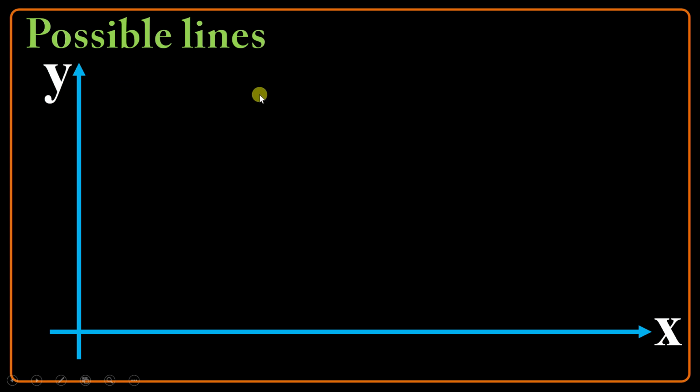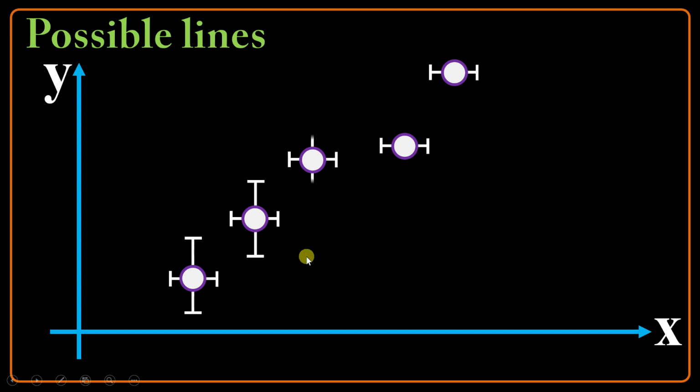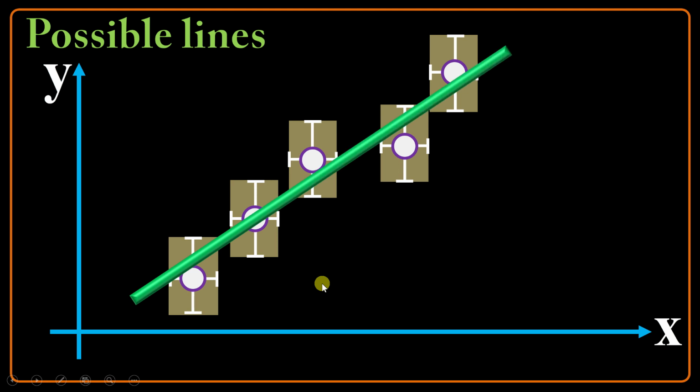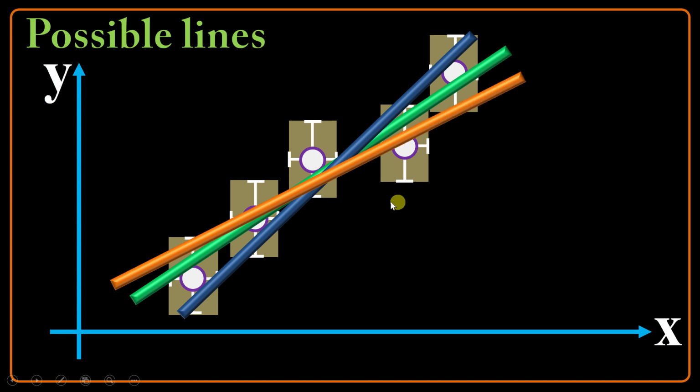Possible lines. Suppose that I do measurements and I find 5 points with their own uncertainty zones. Then I try my best to draw a line or a curve passing through all uncertainty zones. It could be one of them, and also it could be the other one and the other one. You see that here y versus x indicates a linear relation because I can draw a line passing through all uncertainty zones, but unfortunately there are a lot of options for me. It's not just one line. What should I do? Among them, one line